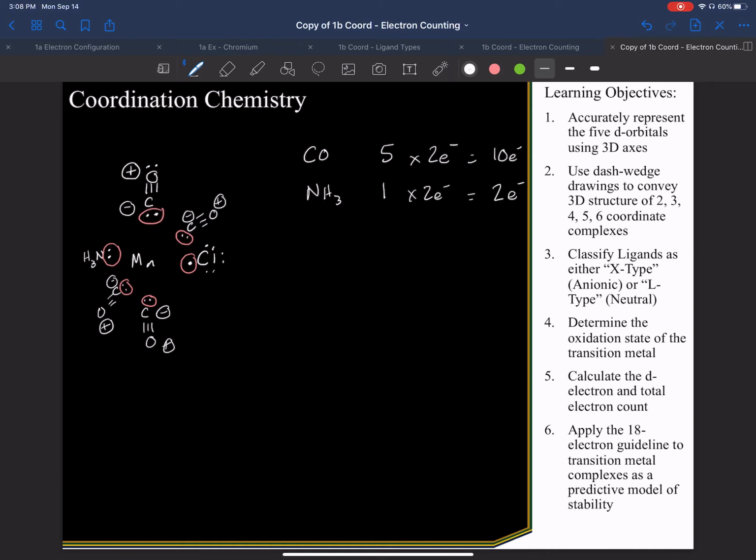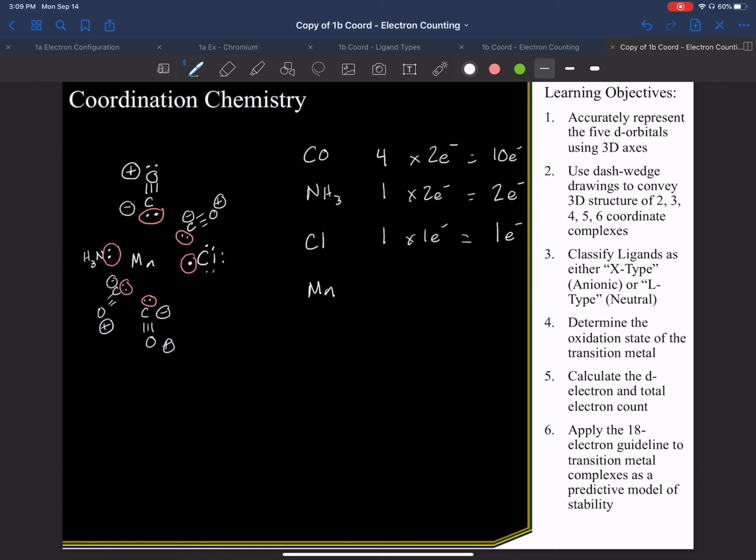Similarly, my ammonia, I had 1 of these, and it was a 2 electron donor. So I had 2 electrons coming from my ammonia. The Cl, I had 1 of these, and I said that this was a special 1 electron donor. So I have my 1 electron here. And then my manganese, I'd have to look at the periodic table to see how many